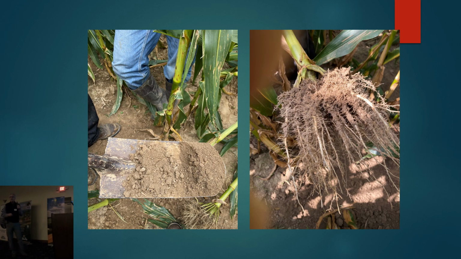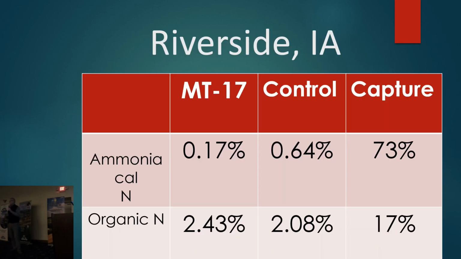So again, this is showing ammonia captured from the manure. With the MT17, we captured 73% of it and had another 17% more organic nitrogen that was captured from the manure. And then when it came to yield results,